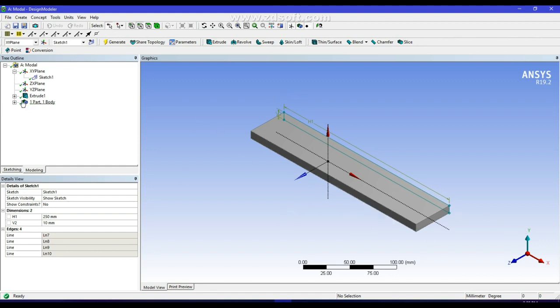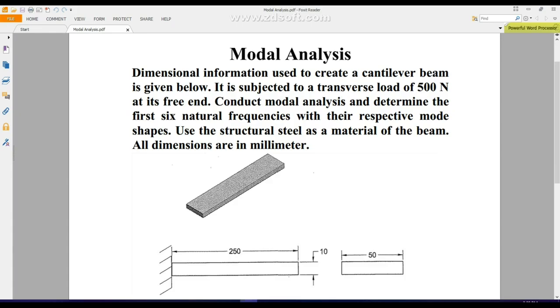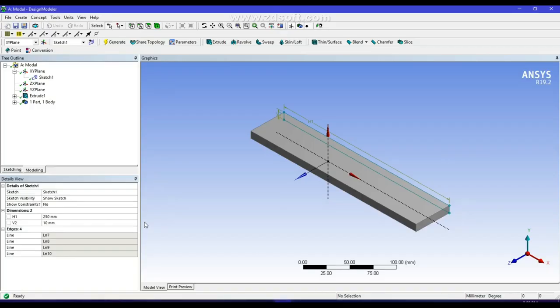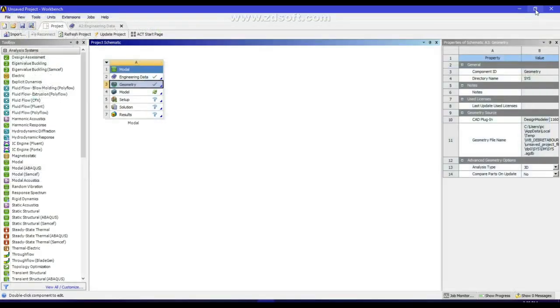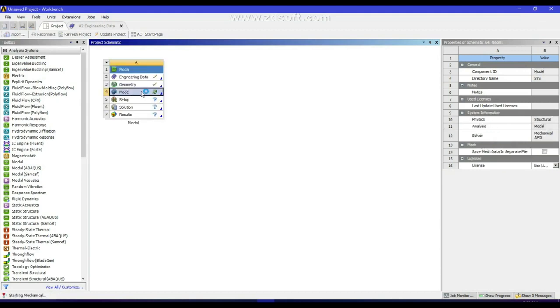beam. To make a modal analysis, it requires 2 supports. As you see from the problem, one end is fixed and on the other end 500 Newton is applied in the y direction, so in the transversal direction. To make that, we have to close this design modeler and proceed to the model stage. So if you double click on the model,